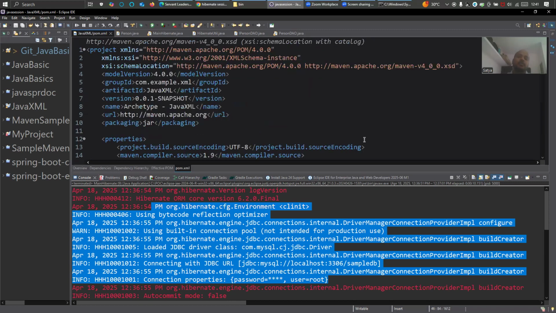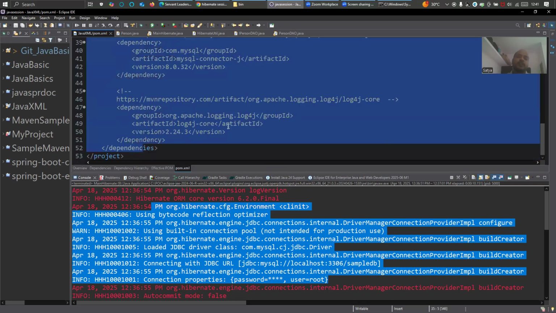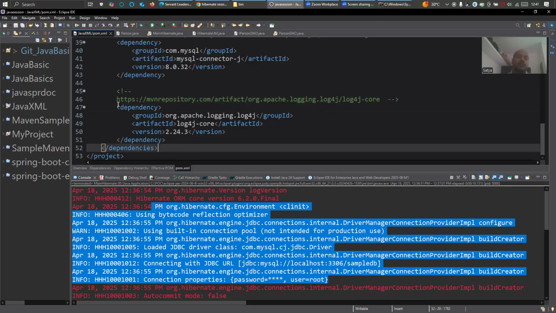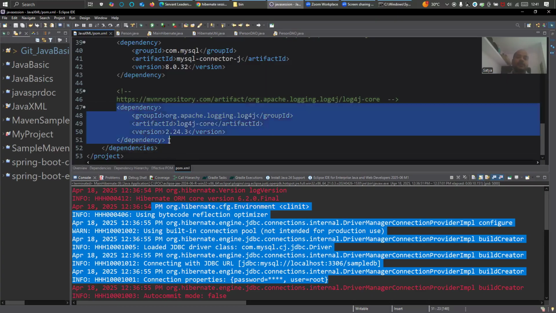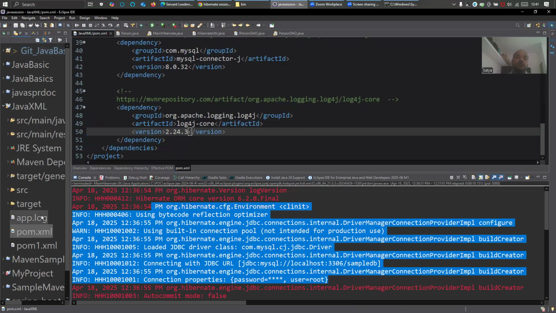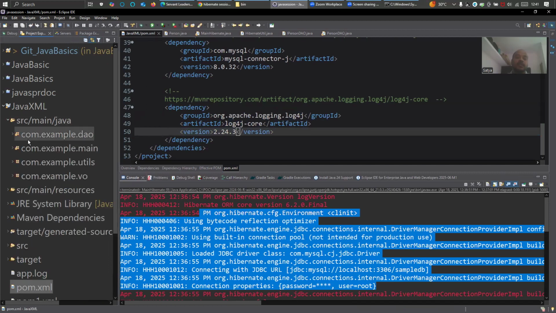Now let's go. Since we have added the dependency into the pom file, if you see my line number 47 to 51, these are the dependencies which I have added for log4j. Now let's go and see how it works. First, we will add this dependency in the JDBC class. See, why am I adding that to the JDBC class? The JDBC class is not showing us any